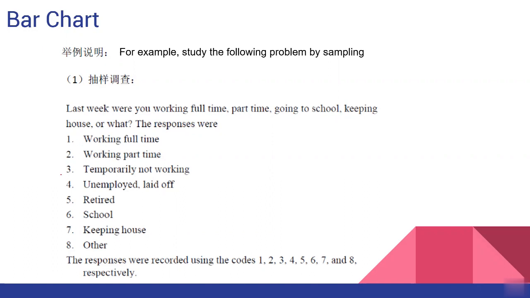Working part-time, 3. Temporarily not working, 4. Unemployed, laid off, 5. Retired, 6. School, 7. Keeping house, and 8. Other. The responses were recorded using the codes 1, 2, 3, 4, 5, 6, 7, and 8,